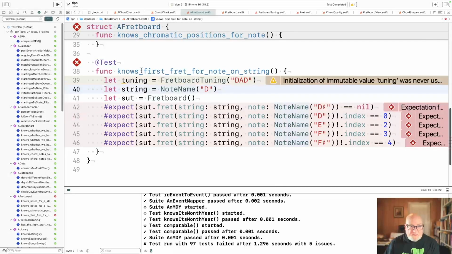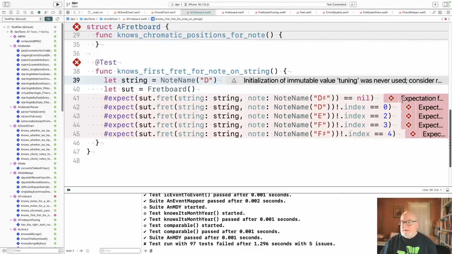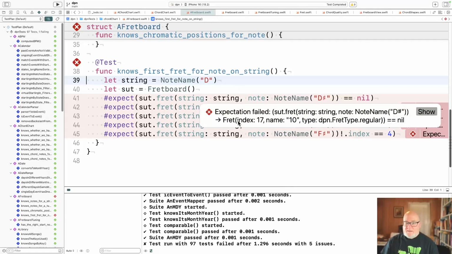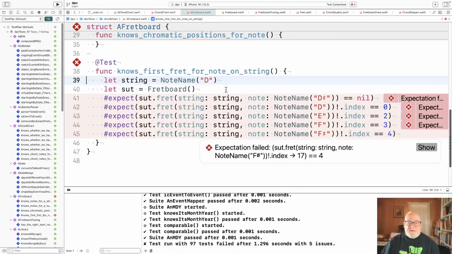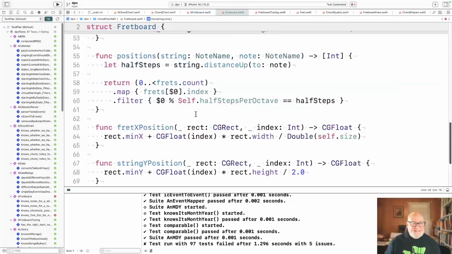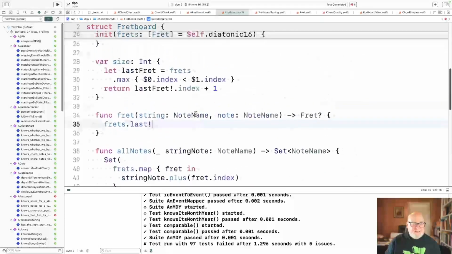Tuning was never used. Okay, this should probably be, well, I guess our test doesn't need it. All right. Okay. We got 17. Everybody got 17. Good. All right. Now,